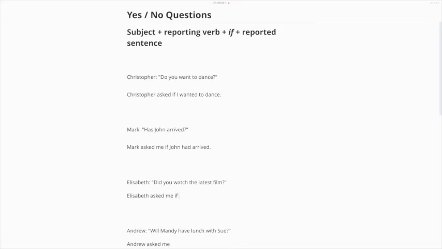I am the subject of the question she asked. So, Elizabeth asked me if I, remember, affirmative word order, so we're not going to start with the auxiliary did. We're going to start with the subject. Elizabeth asked me if I... And now, because it's a simple past question, we're not going to use the auxiliary, but we're going to turn the subject into the